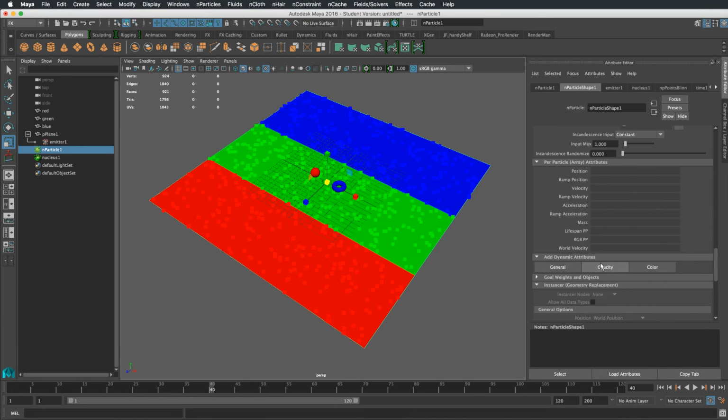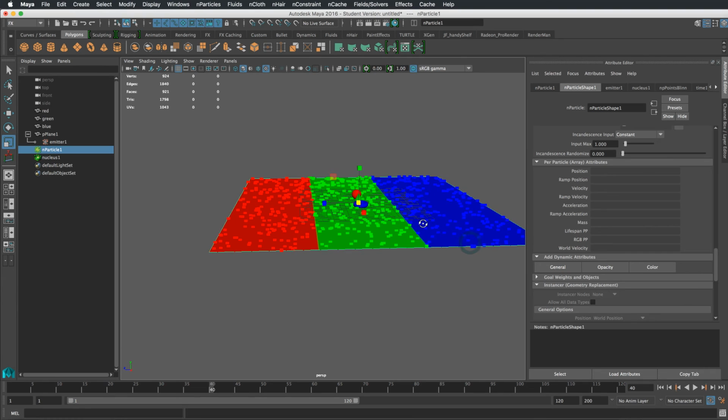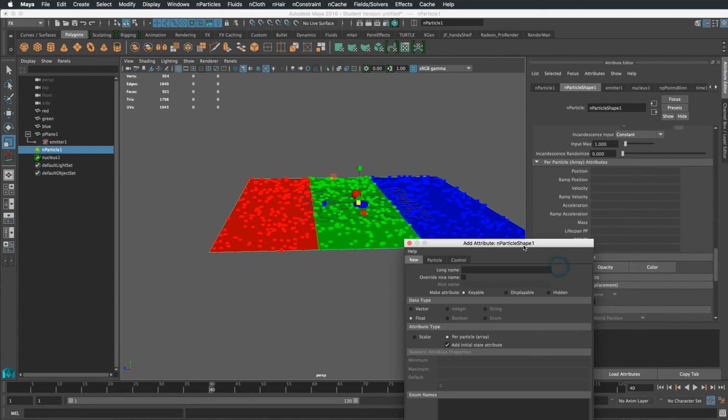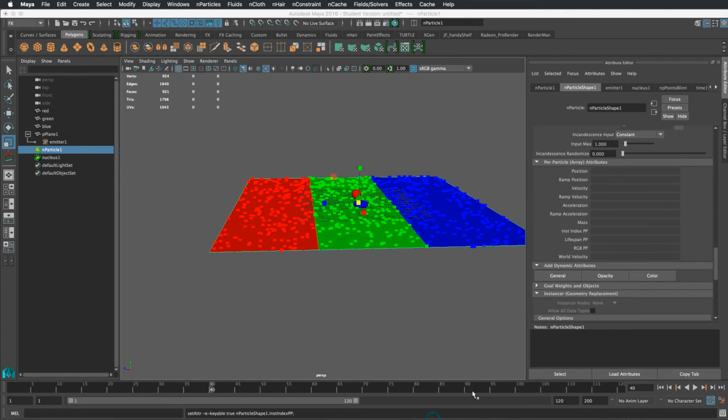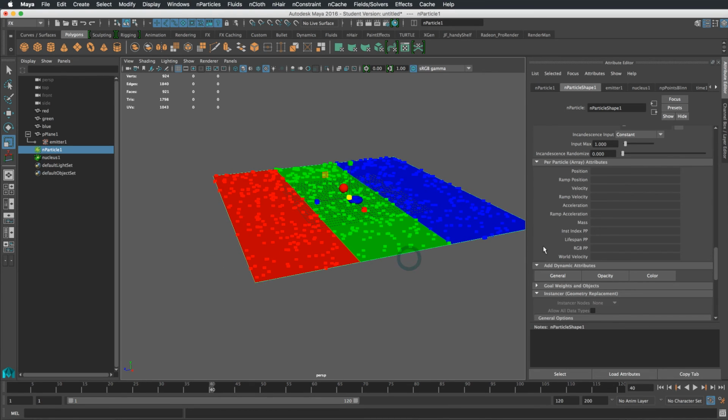And once again, how do we drive our instancer? We go to General. We need our index. We need an index variable, so inst index PP. It's got to be a float per particle. Okay. And now what's interesting about this is that the color is being added to the particle before it's being created. So now we can do what I was trying to do before,